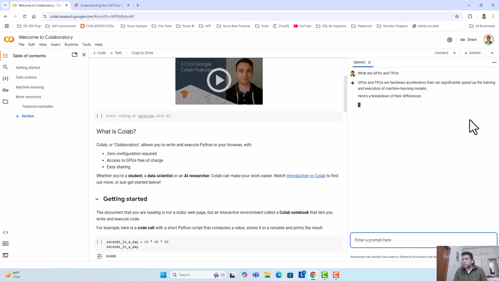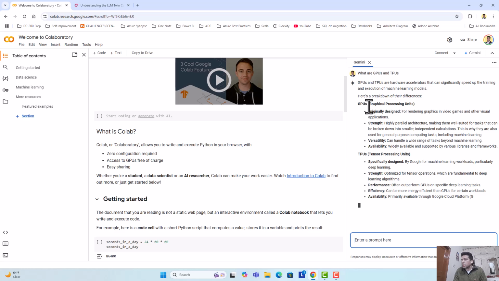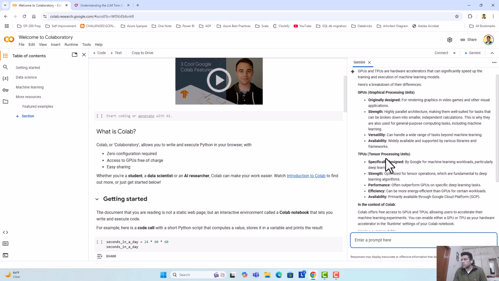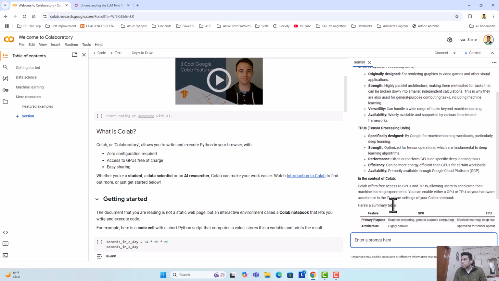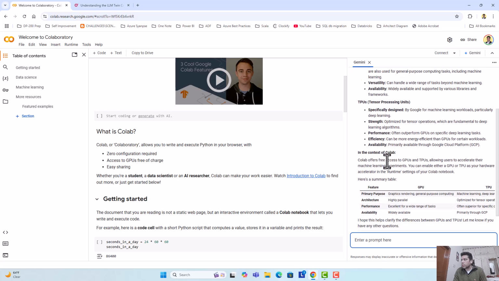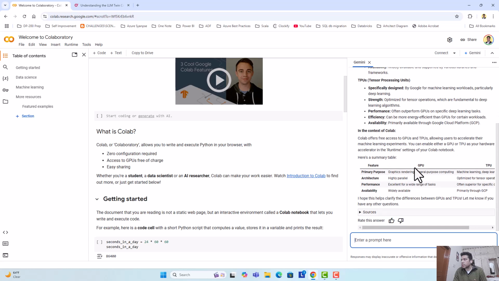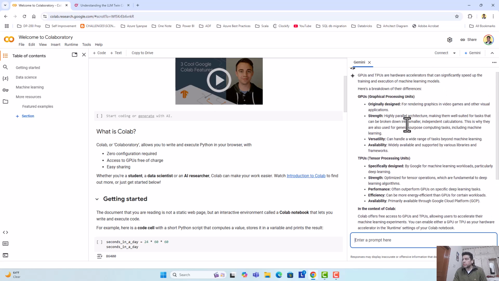So it should give you something. A hardware accelerator that can significantly speed up training and execute machine learning. Graphical processing units, tensor processing unit by Google for machine learning workloads, running graphics in video games and other visual applications. Colab offers access, allowing users to accelerate their machine learning experiments. You can enable either a GPU or TPU as your hardware accelerator in runtime settings of your Colab notebook. So yeah, these are basically the compute